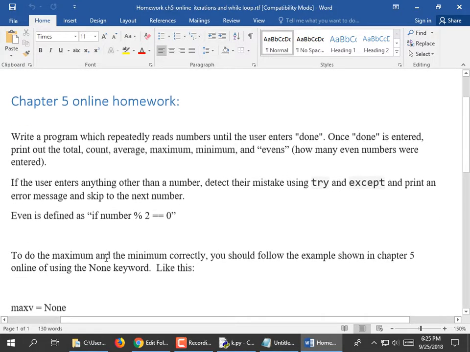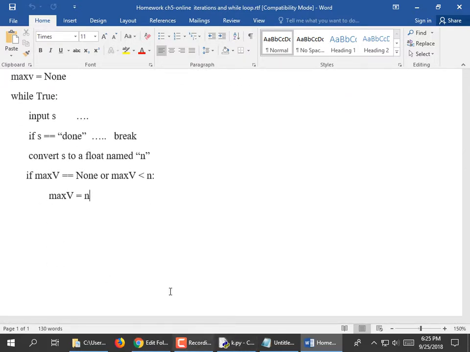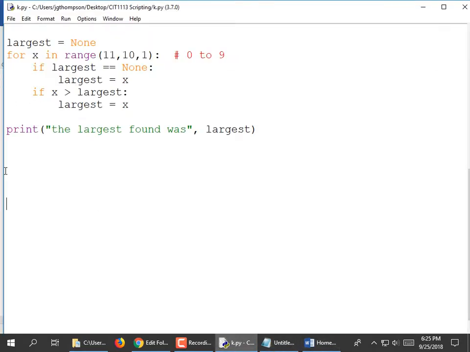All right. I don't want to write the solution for this for you. I hope we have covered enough, but I do want to do the evens for you. So let's go ahead and write something that asks for a number, and if it's even, then we will increment it, right? So I'm going to do a while True,